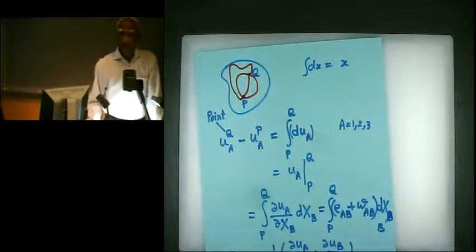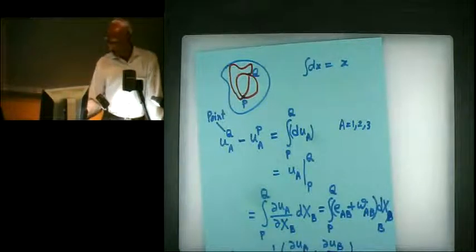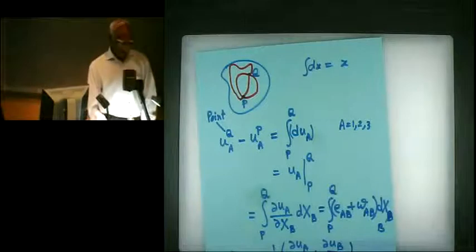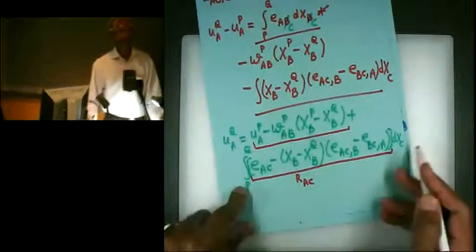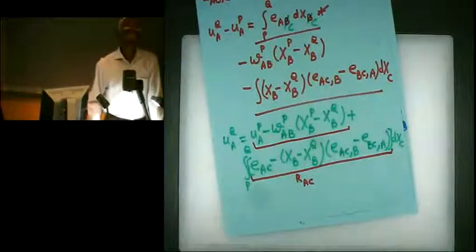And we want our result to be independent of the path. That really means this integral, which is the only thing that depends upon the path, should be independent of the path we take. So what is the condition that says this integral is path independent?